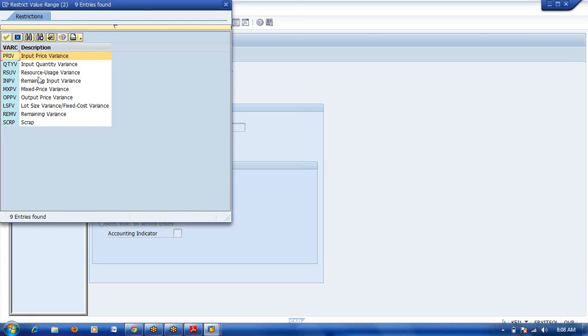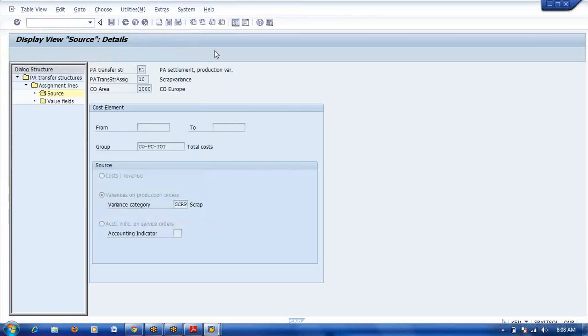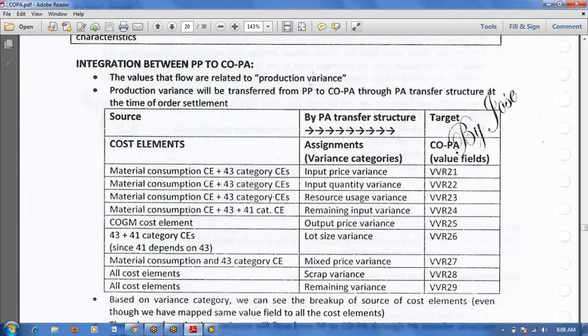This we will select. Then only the system will bifurcate the total production variance amount category wise. Okay, that is also one difference. Sometimes from an interview point of view they will ask.